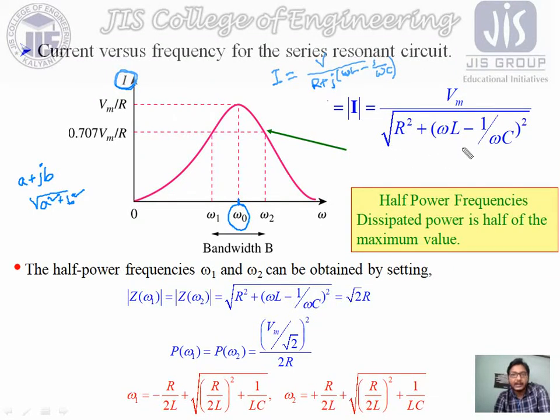Now we have to find out the frequency for which the circuit draws half the power, which is called the half power frequency. Before going to the half power, we have to find out the power drawn by the circuit at the resonance condition. Only when we know that amount of power can we find the half of it, and the frequency at which the circuit draws this half power is called the half power frequency. Let's see this calculation.